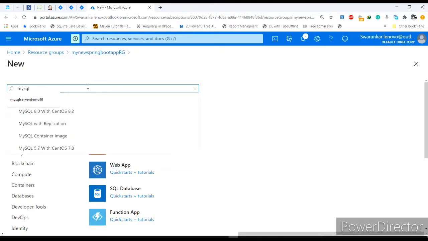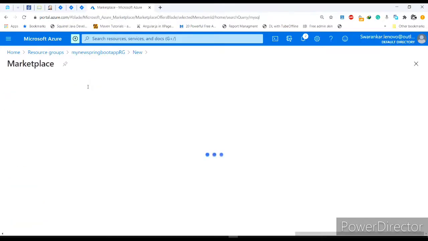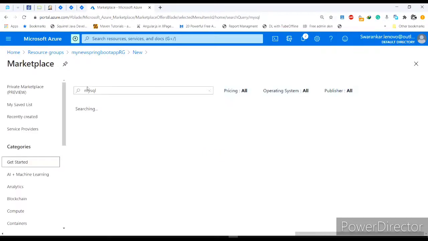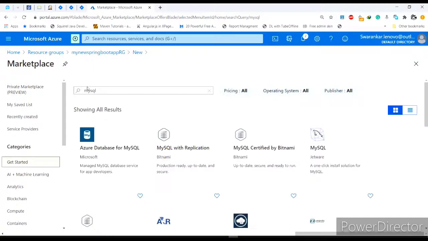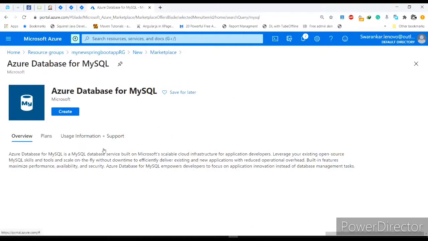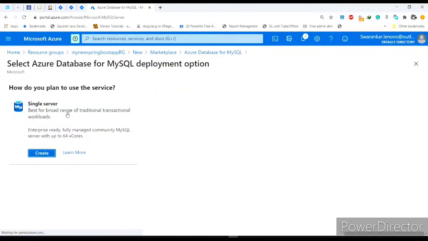I just type MySQL and search it. Then I click on Azure Database for MySQL and then create.